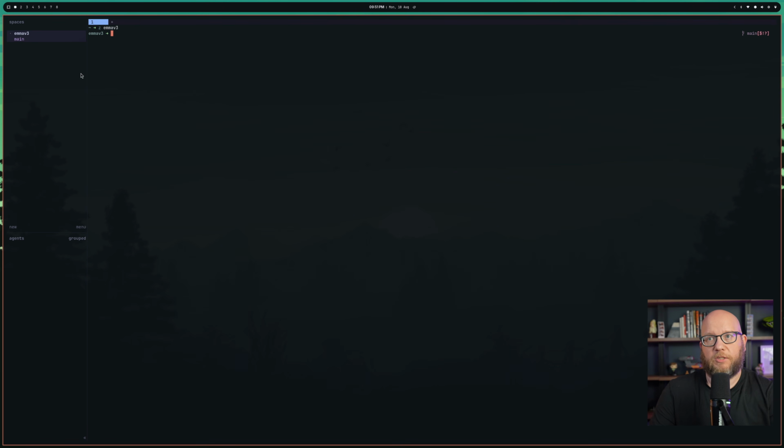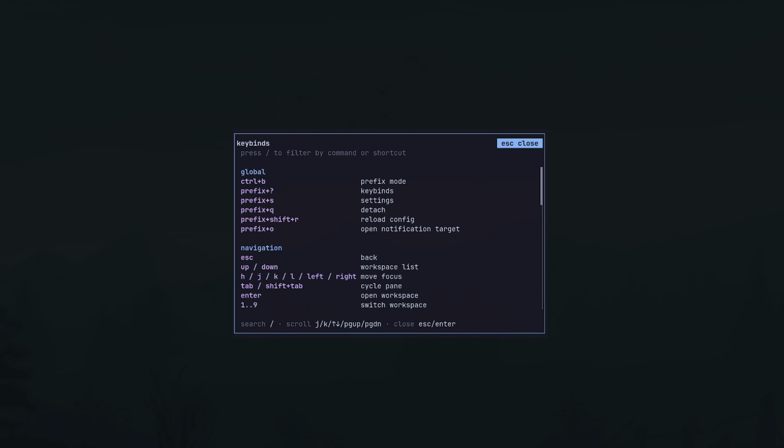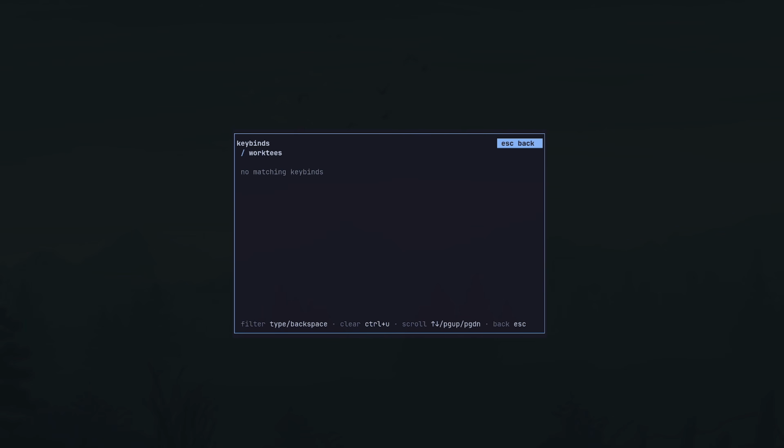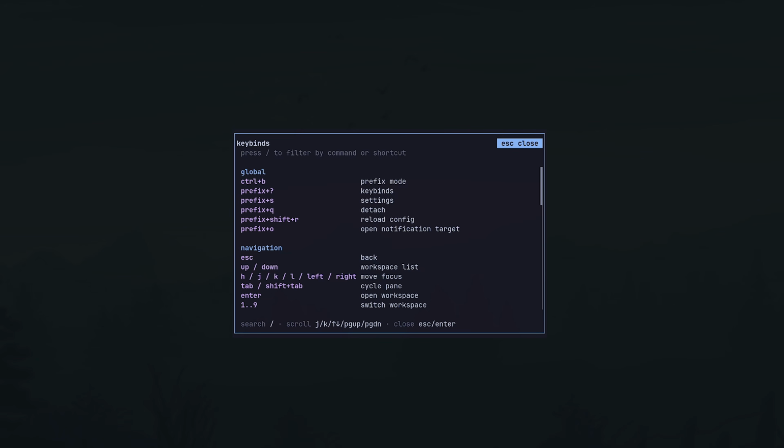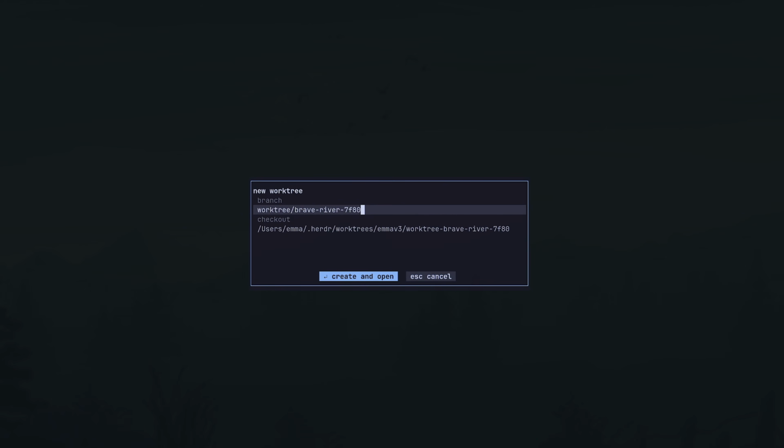I'm going to go ahead and go into Emma's codebase, and we can see now that the spaces over here has linked out Emma. So I'm going to pop up the shortcuts again to bring up worktrees. And so Herdr has some built-in worktree support to work within worktrees. So we can do Control B, Shift N will create a new one. Control B, Shift G will create a new